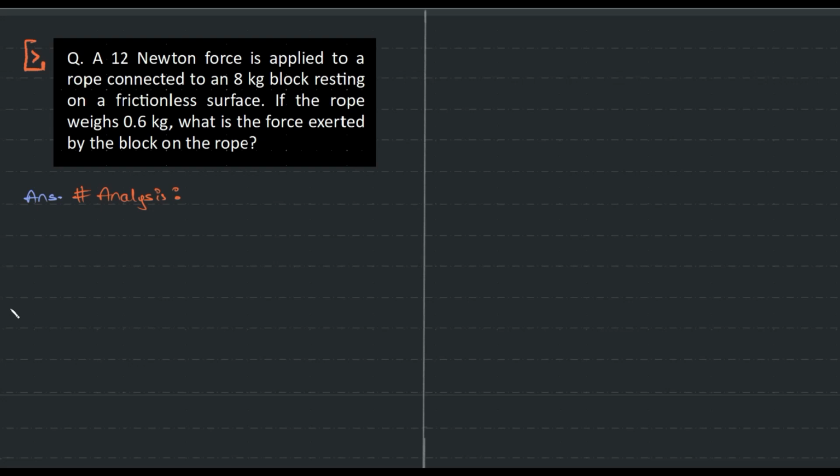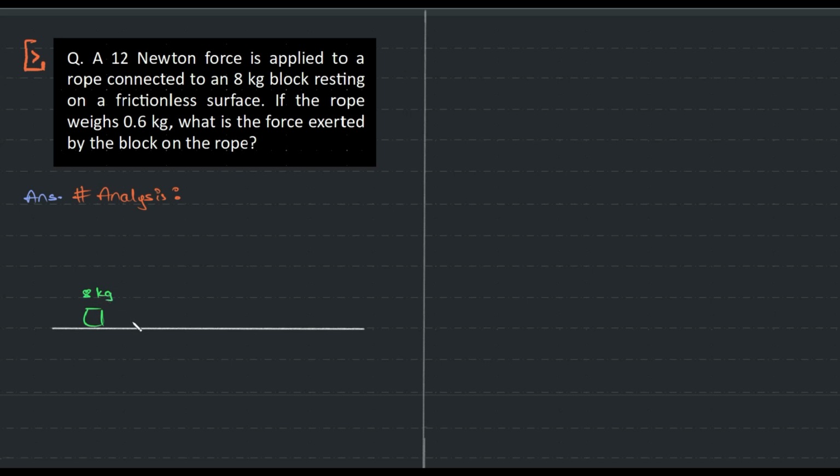A 12 Newton force is applied to a rope connected to an 8 kg block resting on a frictionless surface. So what we have here is a frictionless surface. We have a 12 Newton force applied onto a rope connected to an 8 kg block. So we have an 8 kg block